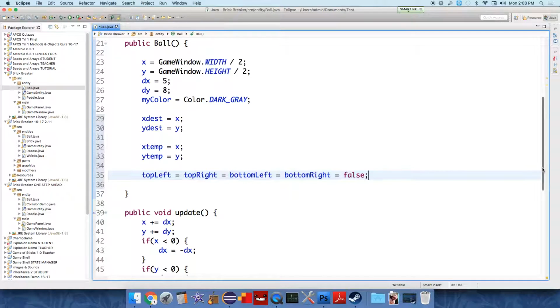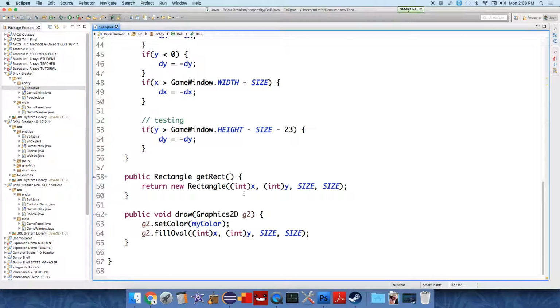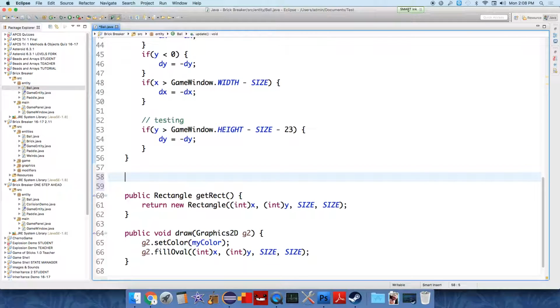Okay, so we need to start putting that idea into code now, where we're going to check where the collision has happened in one of two directions, the horizontal direction and the vertical direction. So right away we're just going to set up a helper method to calculate the corners and to see which corner has collided, because we need to know which corner of our ball has collided with the rectangle, so that represents the brick. So the first thing we're going to do is public void calculate corners, just to see if the corners have collided, and this thing is going to take in double